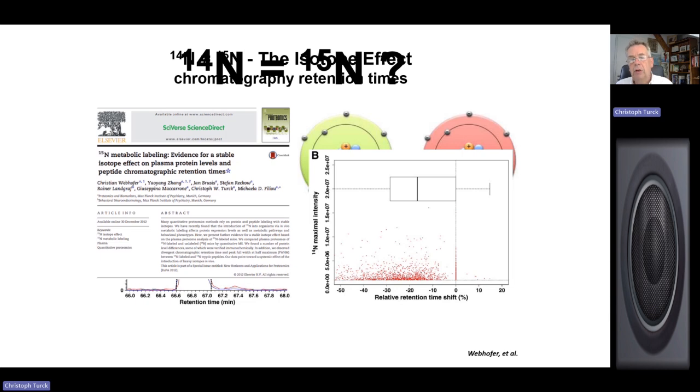But if you look closer with a fine-tooth comb, you can actually find differences. During chromatography, if you run very shallow gradients on the reversed phase column, we found that the 15N labeled tryptic peptides elute a little earlier than the unlabeled tryptic peptides. That was true for pretty much all peptides of the same sequence, so this was already an indication of an isotope effect. It doesn't matter for the relative quantification: if you make the window large enough, both peaks are fragmented. But it shows there is an isotope effect.